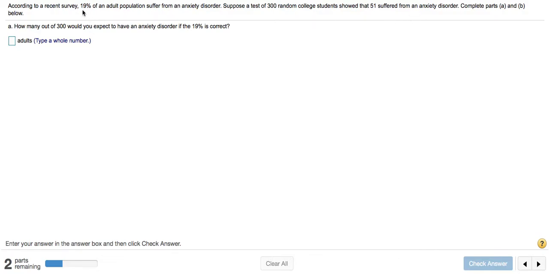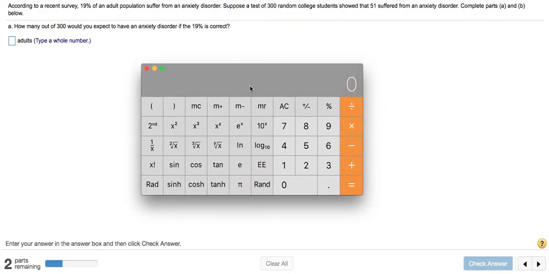For this question, it says 19% of an adult population suffer from an anxiety disorder. And suppose a test of 300 random college students showed that 51 suffered from an anxiety disorder. So part A asks, how many of the 300 would you expect to have an anxiety disorder if the 19% is in fact correct? So I'll bring up a calculator, but the way to figure out this number is to